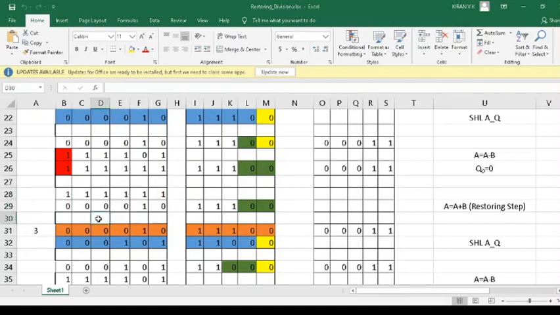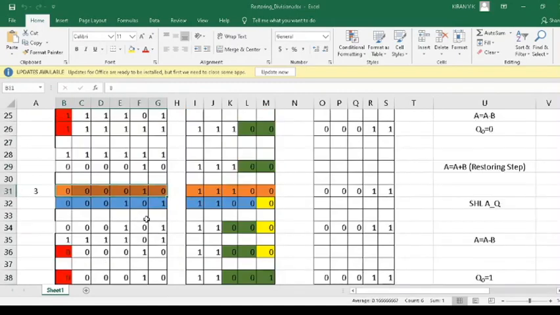So what will you get? You will get back your earlier portion of A. See, this is the earlier portion of A. You will get it back for your next iteration. So similarly, you can understand the next iteration, right? So this is the sequence of bits we are left with after the second iteration.